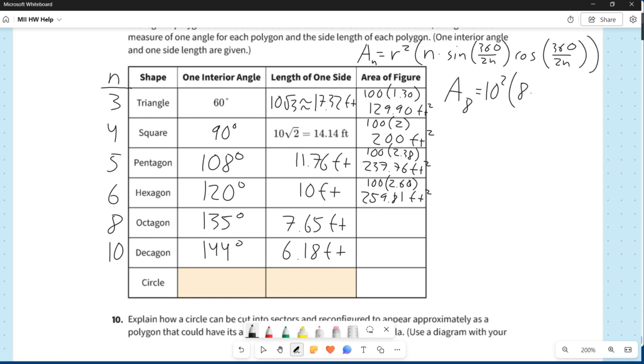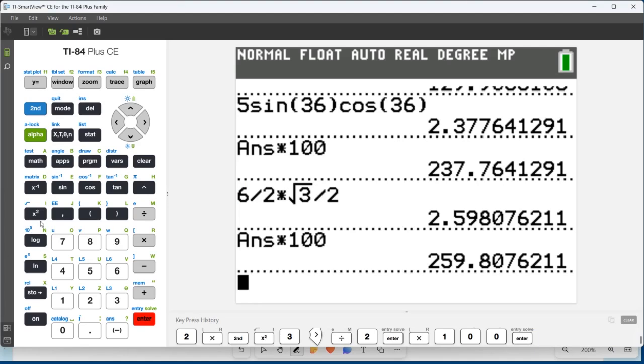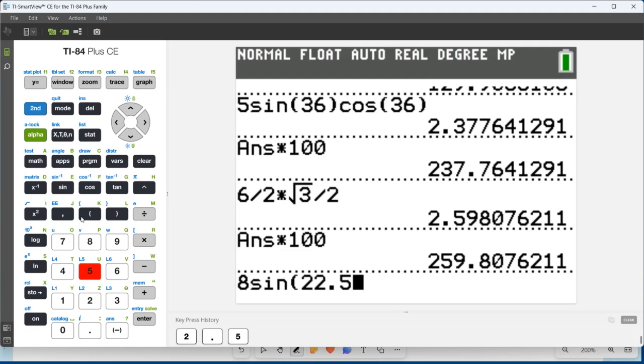This was 22.5. So we're going to do sine of 22.5 times the cosine of 22.5. Let's go ahead and type in what's inside the parentheses there, which is 8 sine of 22.5, close parentheses, times the cosine of 22.5, and we get